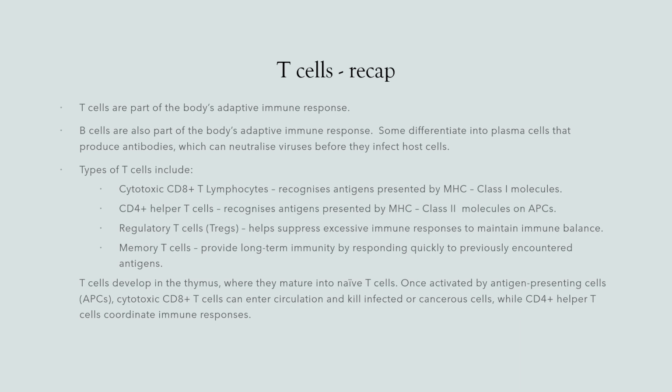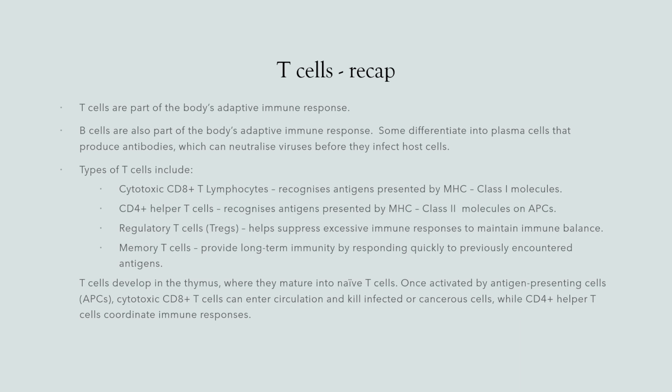They bind to the epitopes on the antigens, and the CD8 co-receptor binds to the major histocompatibility complex molecules to stabilize that binding. They then transmit a signal, become activated, and go off and kill cells that are either infected or